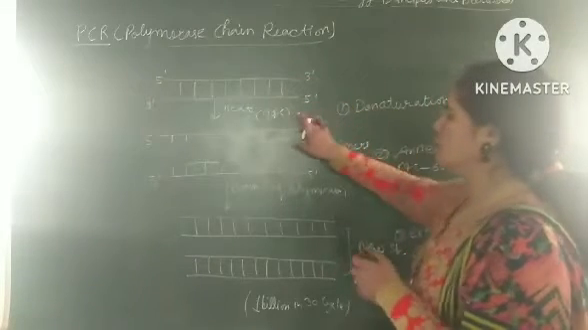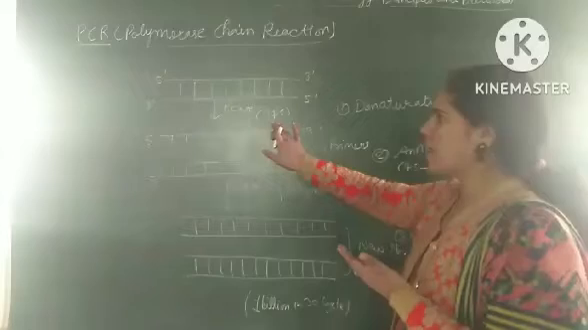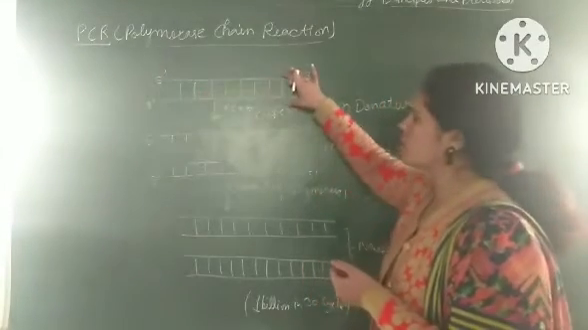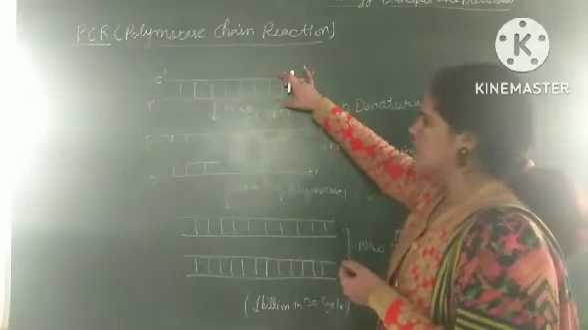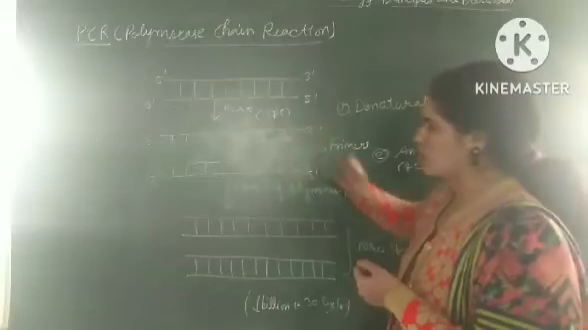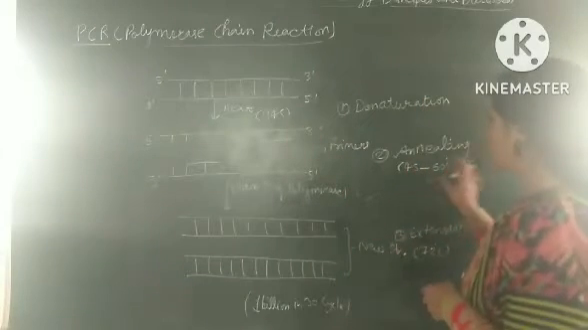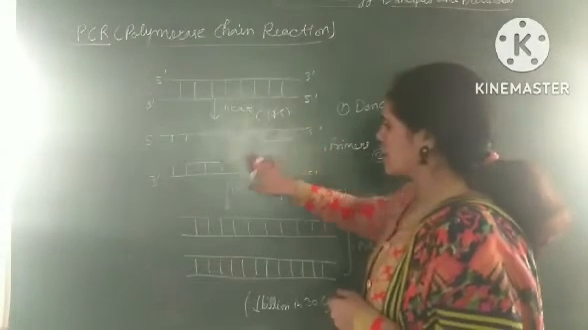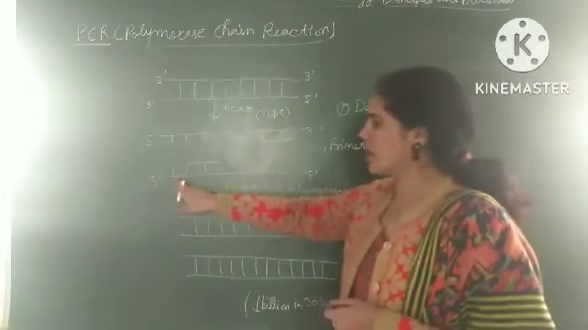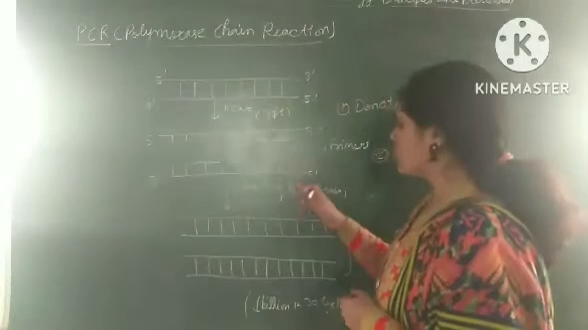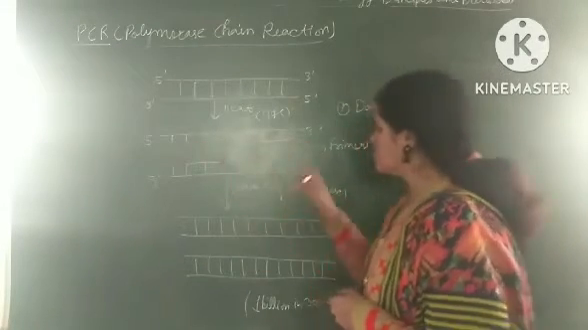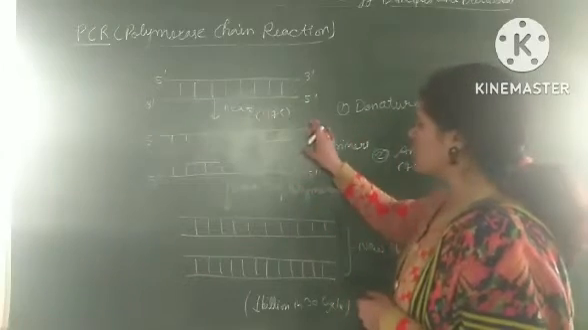In this step, we increase the temperature to 94 degrees Celsius. At this temperature, the hydrogen bonds between the two DNA strands break and the two strands separate from each other. In the next step, annealing, primers get attached to both DNA strands at the 3' end, because the DNA polymerase enzyme always works from 3' to 5'